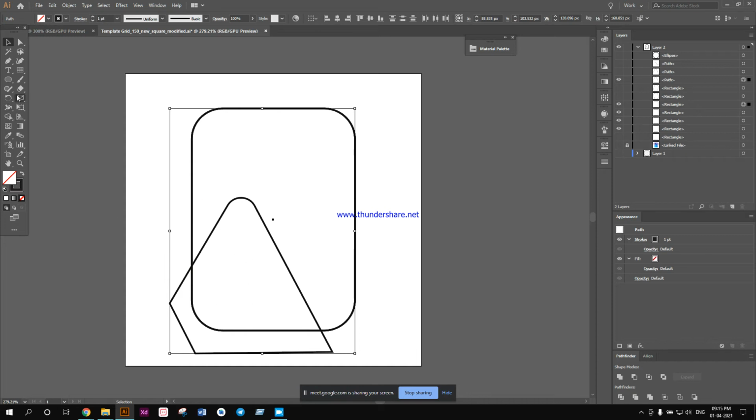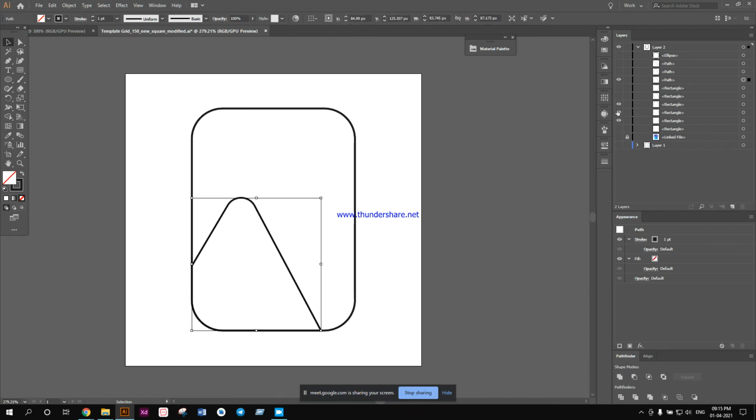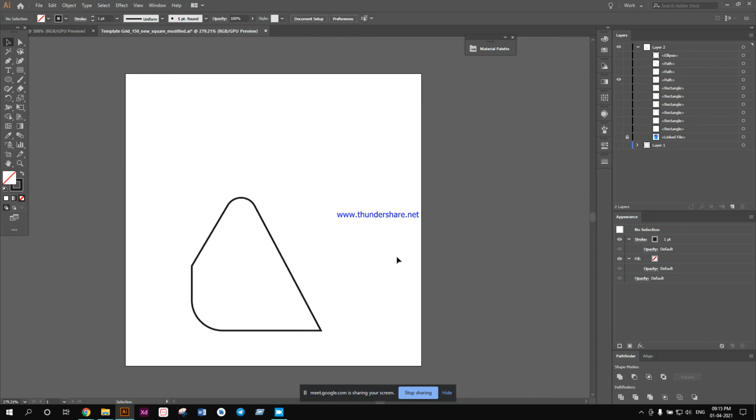I can also use the shape builder tool and click on this part, which would have been nice too, but I don't want to go into that hassle right now. So I just select the two shapes and then intersect. As I created multiple copies of the bottom rectangle, you will not see it when I disable it. I only have this part.